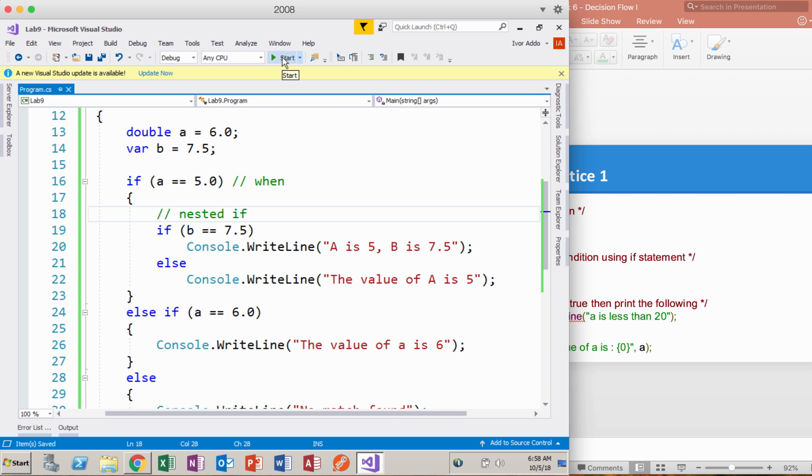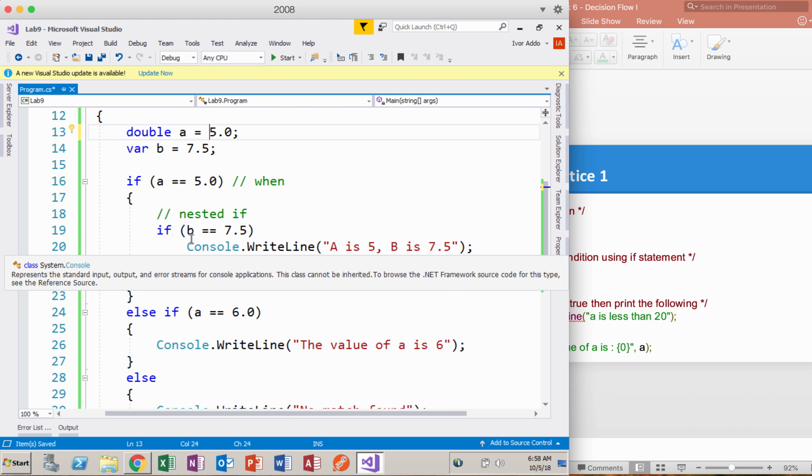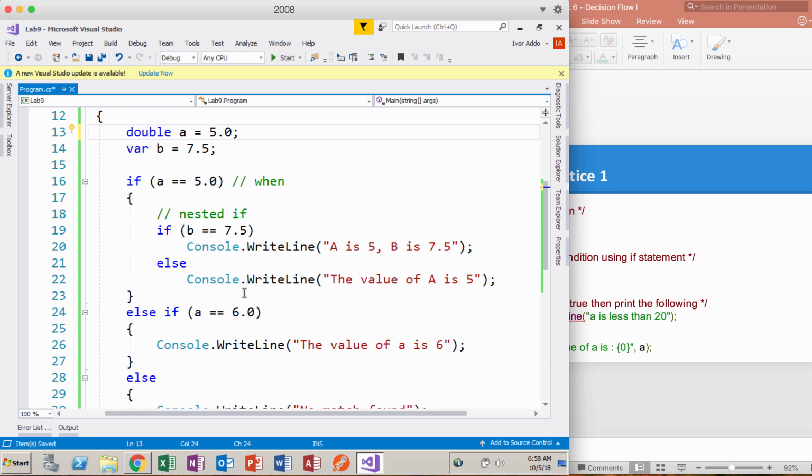So let's execute this. First of all, I'm going to change this to 5 because I want this part of the code to actually run, right? So the part of the code that's going to run, the value here is 5, so 5 is equal to 5. I'm able to find that. Then I'm going to test for a second condition. B is equal to 7.5. If that is true, then do this. So if we execute that,